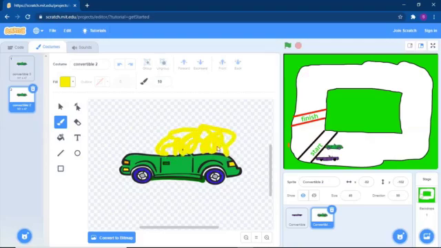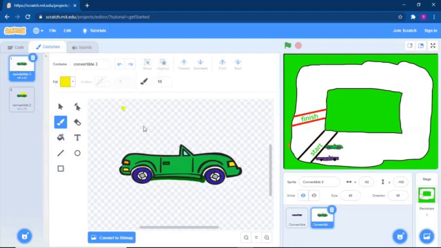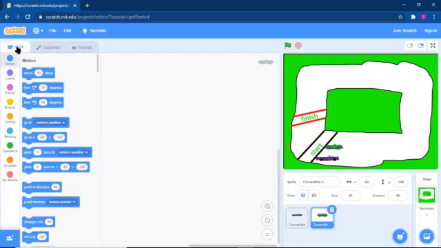It is showing as if your car is crashed. So I don't need this one, I need this one right now. So my costumes are done, cars are ready, and the places are done. Now it's time that we write code. While you are writing code, you need to remember that for both the cars or both the sprites, I need to write the code separately. So let's start with the first one, the purple one.